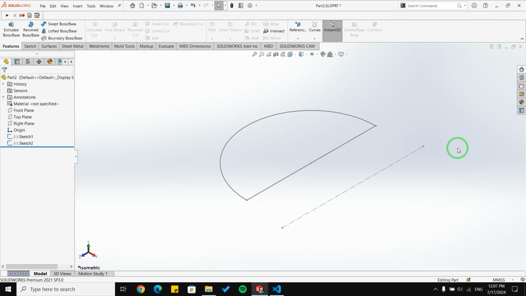Okay, so what should we do? In Python scripting, when we want to create a revolve, we need to first click on our sketch and then click on our axis. But as we can see, it is not possible to create a revolve in this way. So we need to use a function called InsertAxis2. I'm going to show you this function and code it for you.